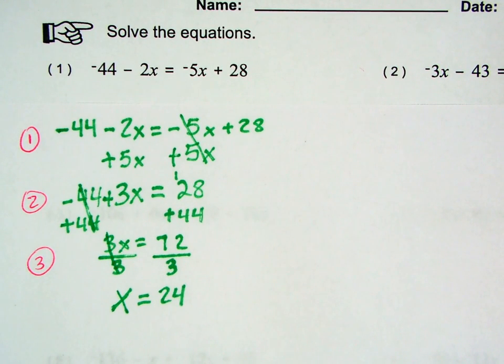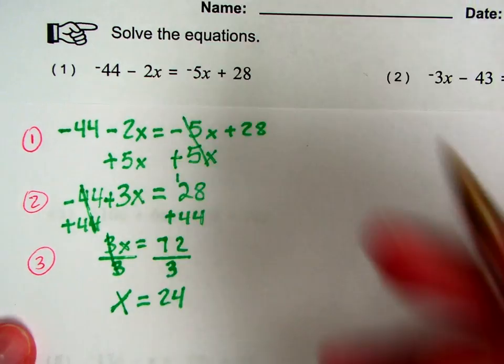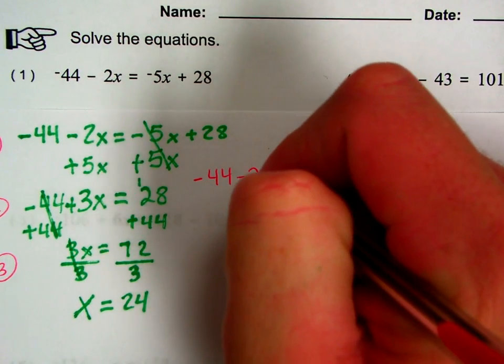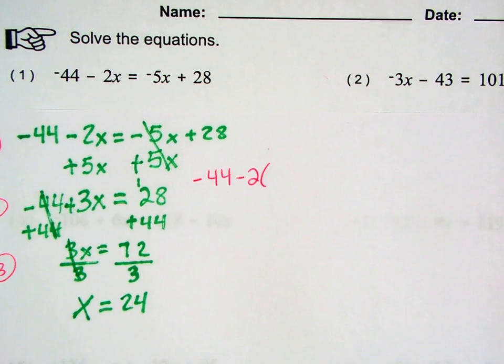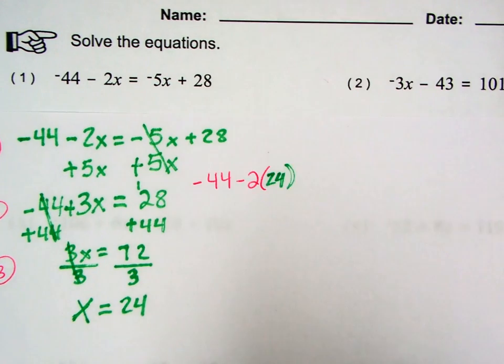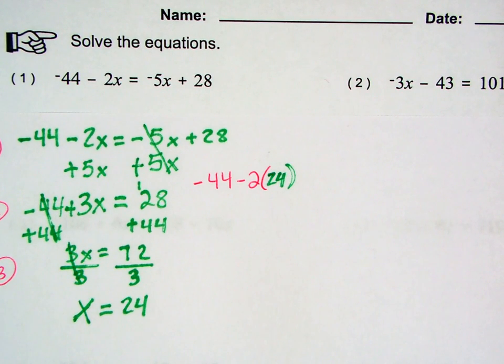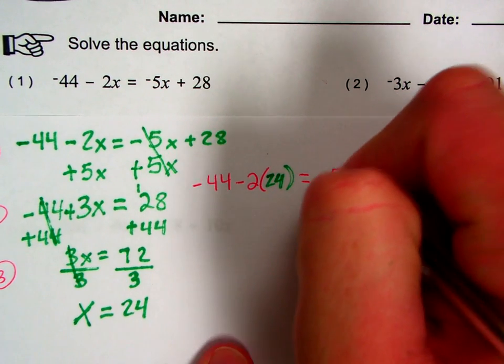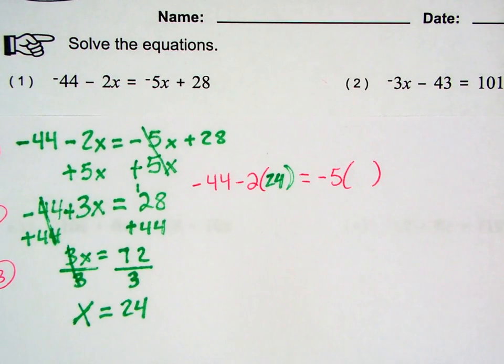And I'd love for you to pause the video right here and see if we're right. Pause the video here, see if you can plug 24 back in for x, and see if it keeps the equation true. All right, let's see if we got it. It's going to be negative 44 minus 2, and right there I'm going to plug in my solution. Plug that in there for x. Let's continue writing this. We've got negative 5, and we've got 24